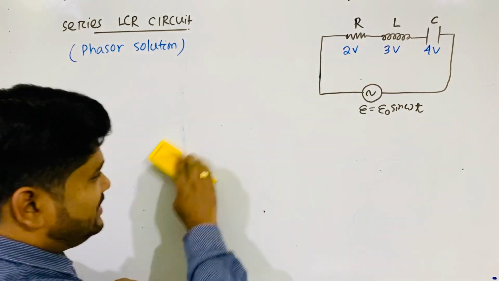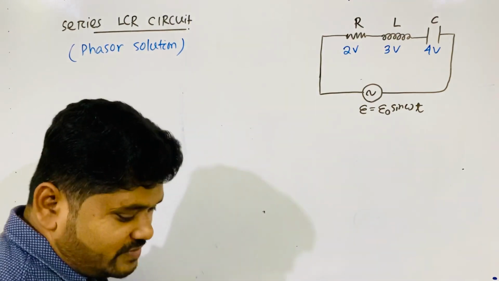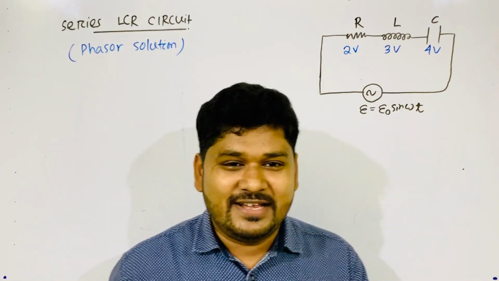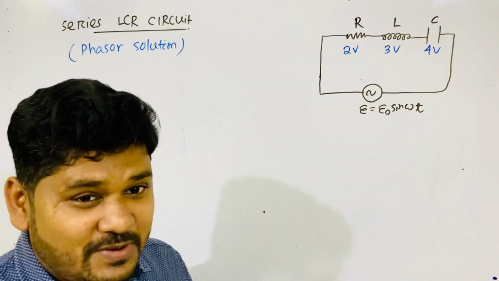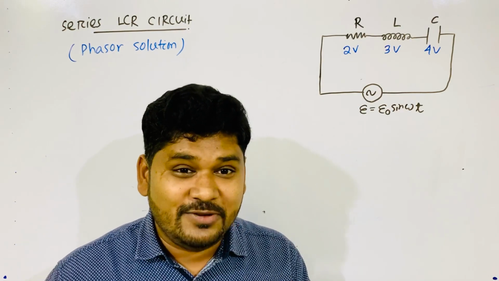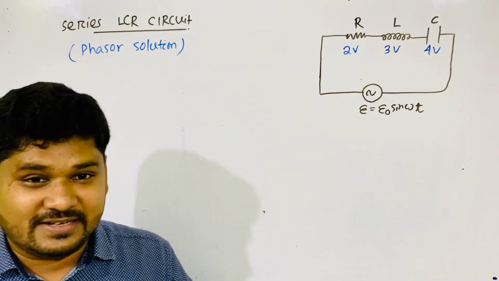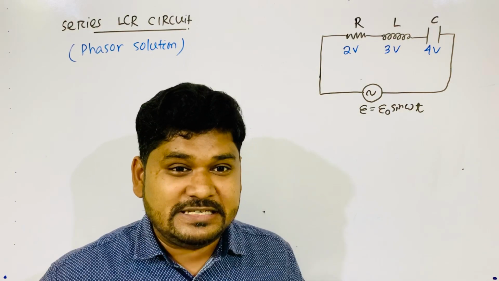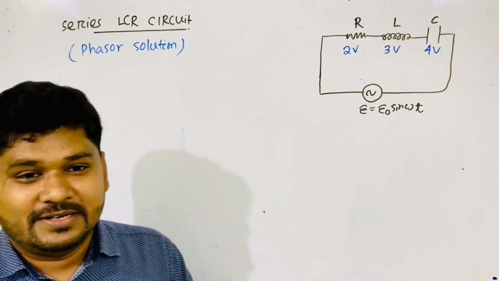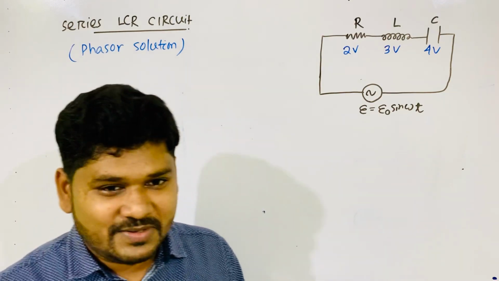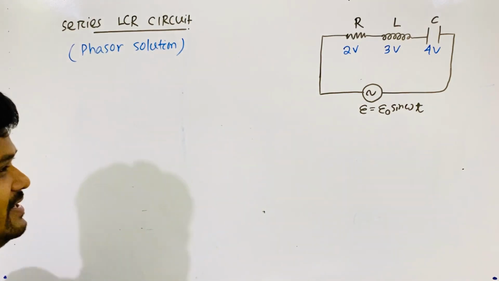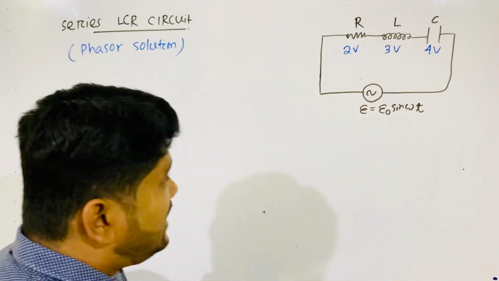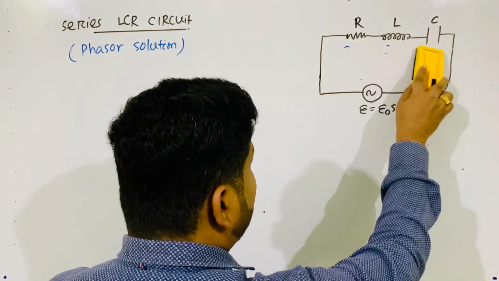You are telling me, sir, you are playing with us, you are giving questions where we will make mistakes. Okay, not like that. Now I will go to the topic. I am showing you your mistakes so that you will not repeat them further. You can know that this is the mistake. I will not go into the wrong one. So now we will add them. How will we add them? Let's see. How will we find the net voltage?